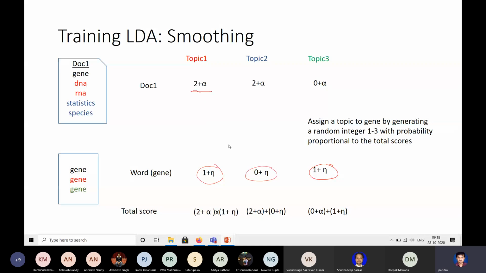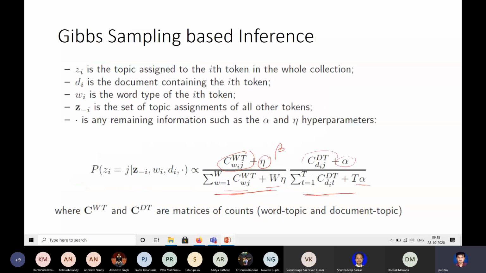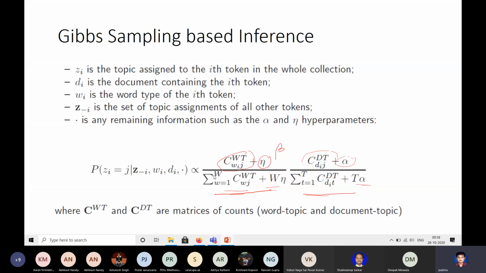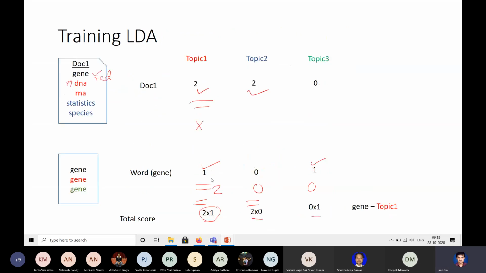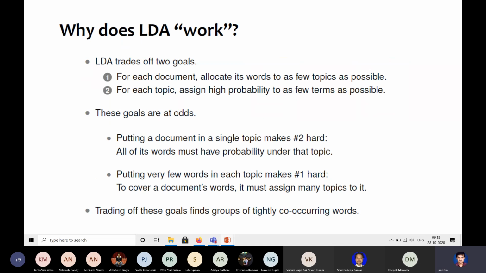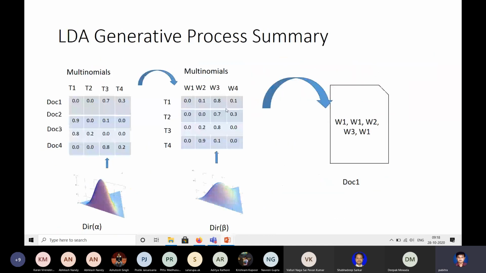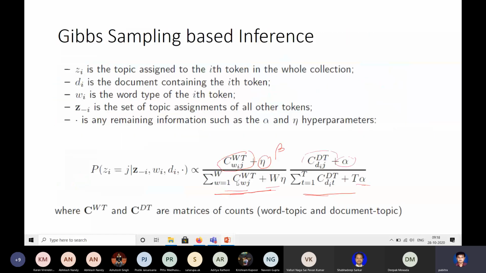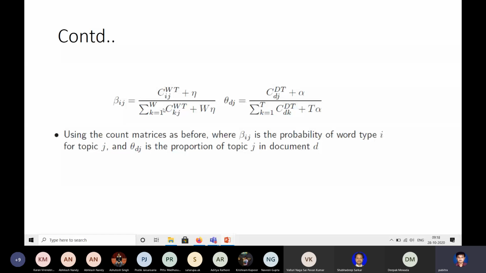Okay, so this is what it says. This can be derived. I'm not giving you the derivation, it's pretty long. In the textbook it is given. And if you see, I have talked about these multinomial matrices. If we look at each of the product terms in this expression, they are nothing but the terms of these. This is the word topic matrix terms, and this is the document topic proportion matrix terms.